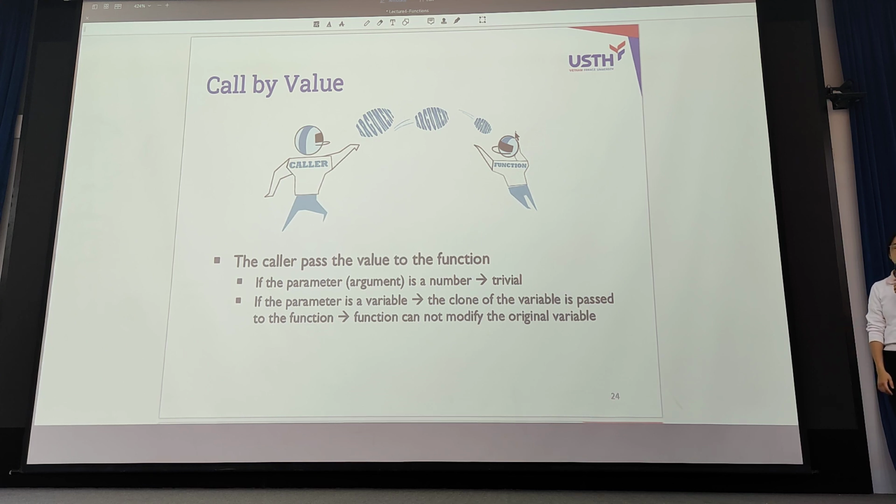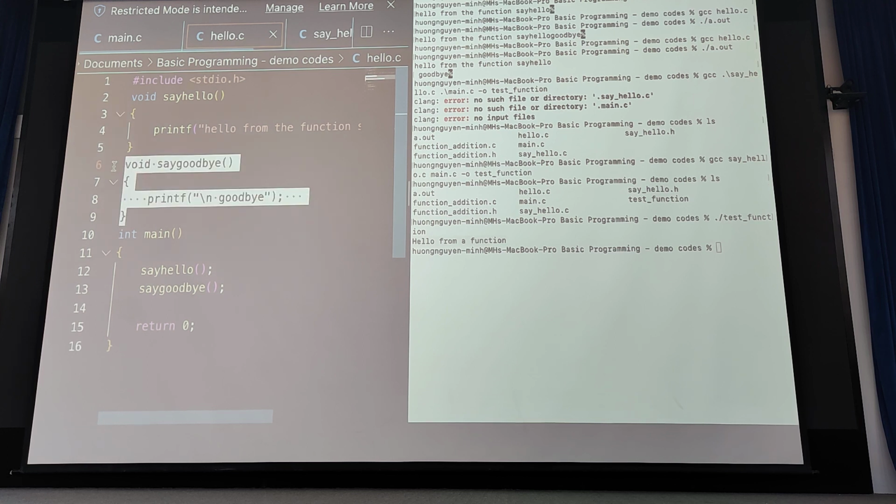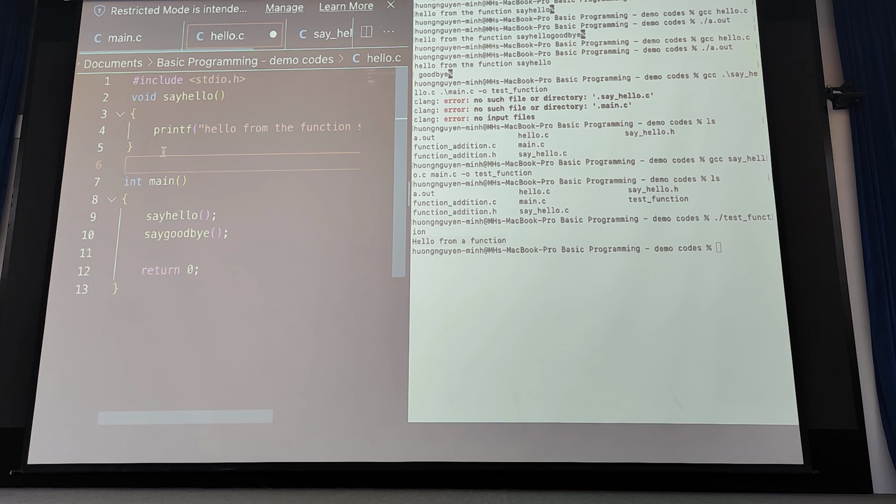This can be a number. You don't need to pass this as a function, like the previous one, the addition function.